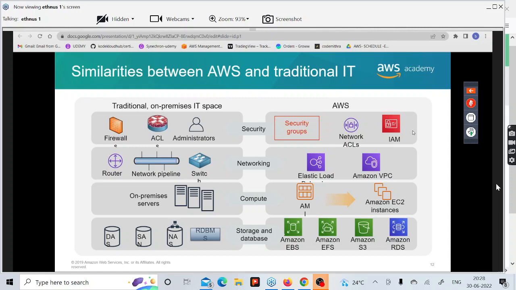The concept is the same. Whatever we were using on premises, based on that only all these virtual servers and virtual components are created, because those components were there which were running from the 19th century, the evolution of IT. So the same components are there in the traditional; only we are renaming them inside AWS. For example, firewalls are renamed as security groups, ACLs are renamed as network ACL, administrators are renamed as